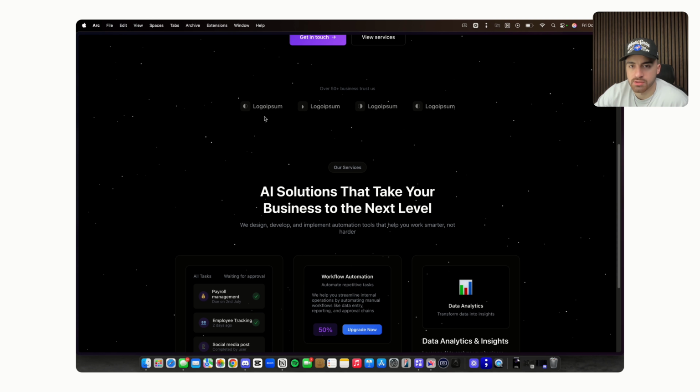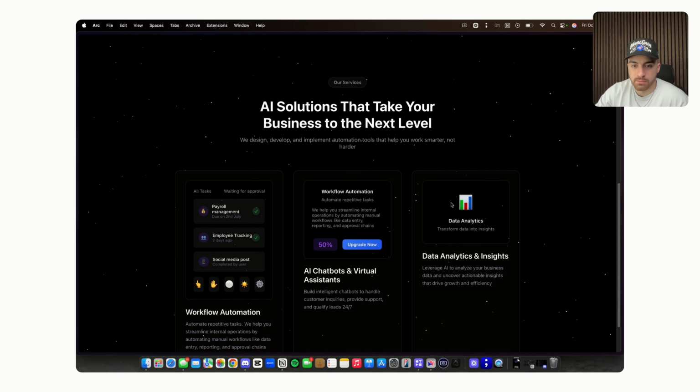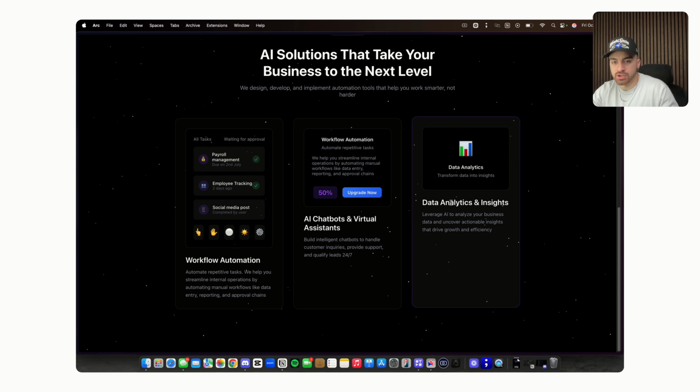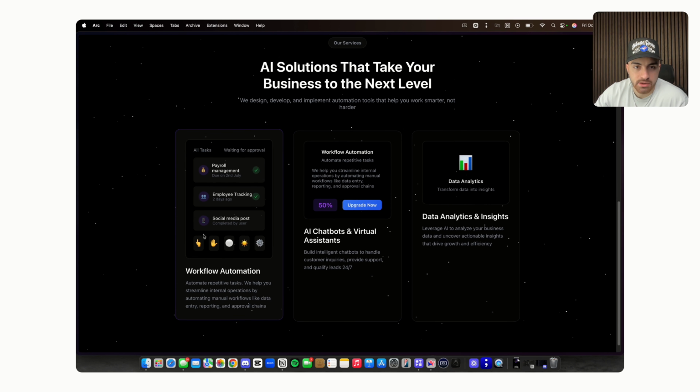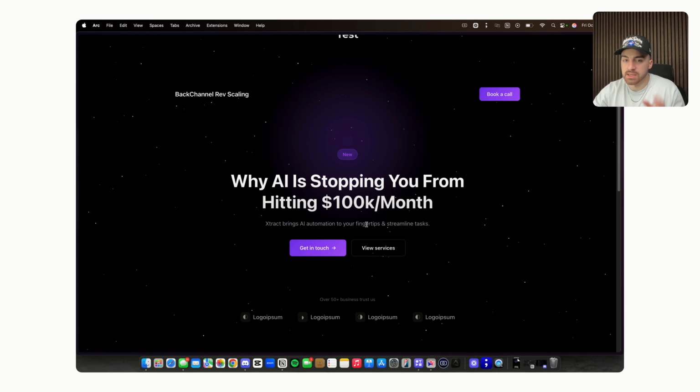Obviously, if you want to change the logos, you can just go in and give it the logos. If you literally give it the exact logo that you want to input here or here or here, it will input those things for you. So you just got to play smart with it. Like you got to give it all the information that you think it would need. But like this here, it's sick. This is a sick landing page.